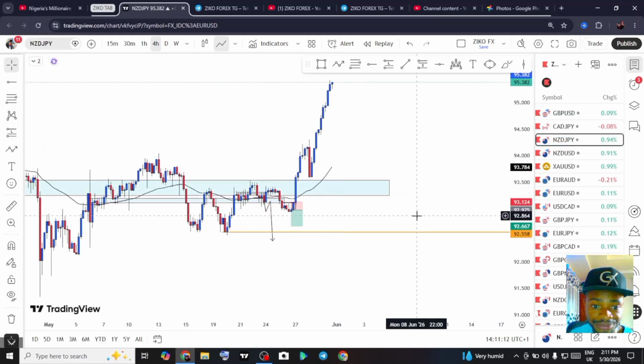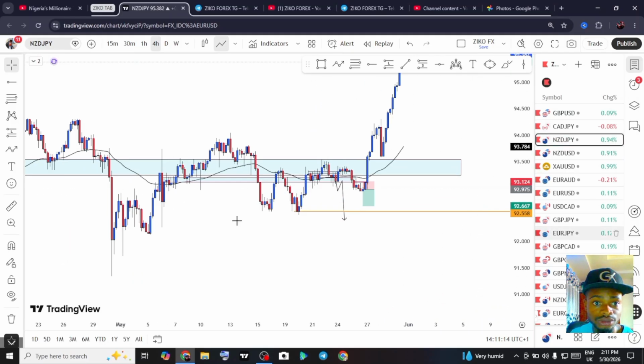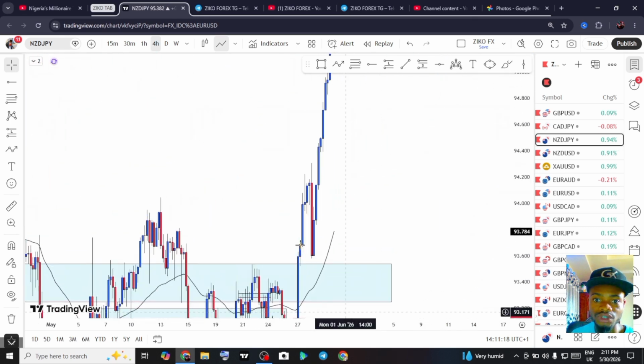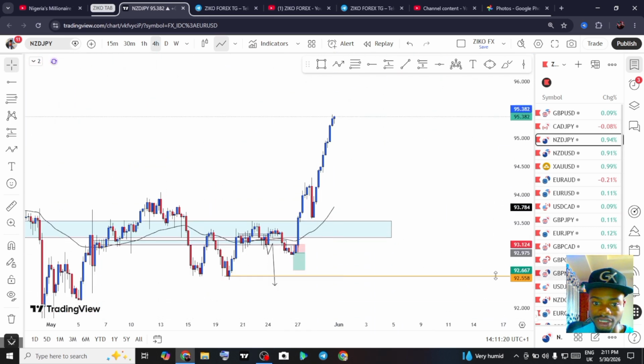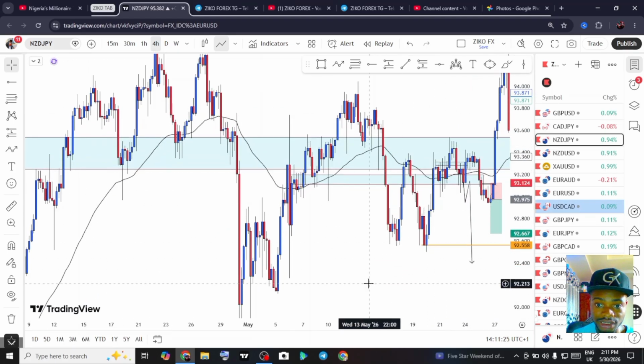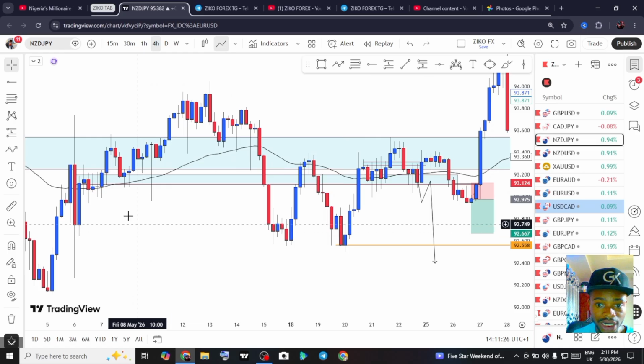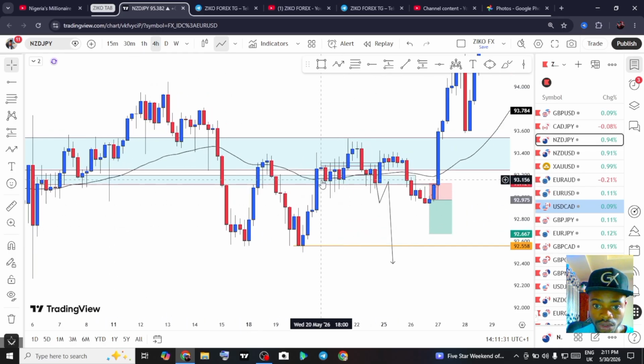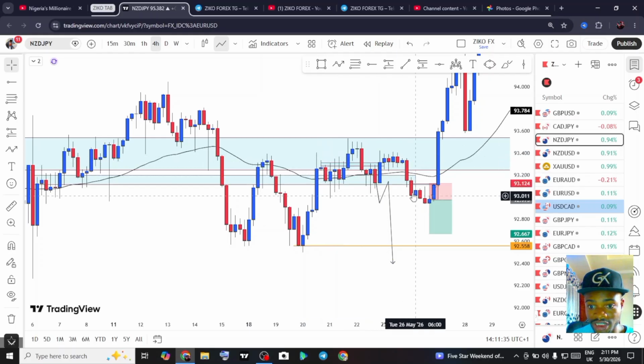NZD JPY was another one. So let me show you guys what happened. If you look at the 4-hour time frame, at the time we did not have all this price action, all this bullish price action. At the time we were still under the area of interest, as you can see, and I needed price to be under this minor area of interest to sell. Also, we had a reversal candlestick pattern, which is this left head, right shoulder,